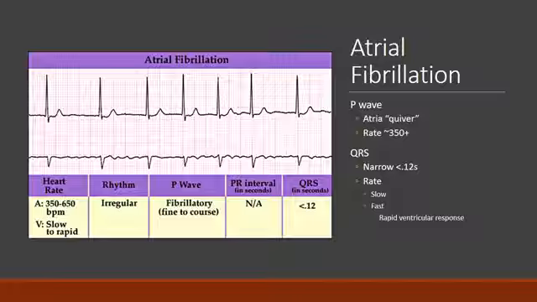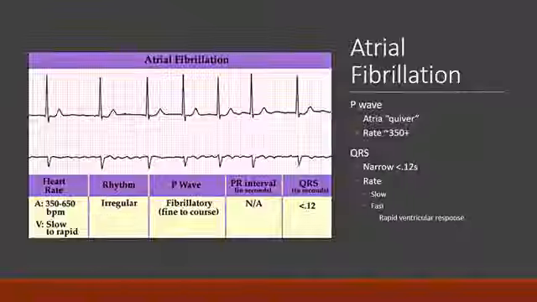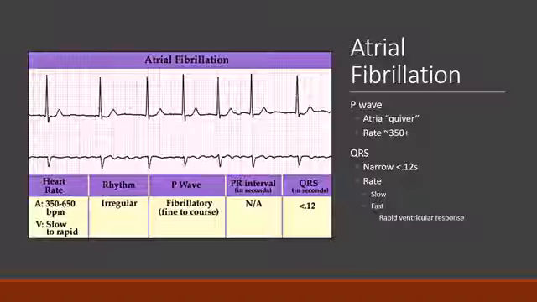If the rate is slow, depending on how the patient's doing, if they're stable, everything could be fine. But if the AV node can't keep up and act as a gatekeeper, then what we have is a rapid fire, rapid ventricular response, where the ventricles are just consistently being bombarded with depolarization waves that lead to